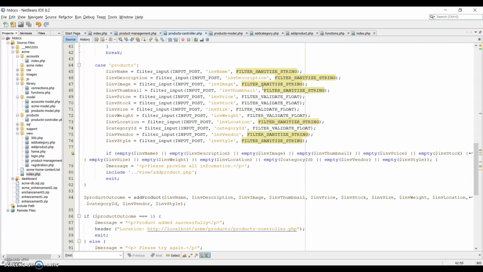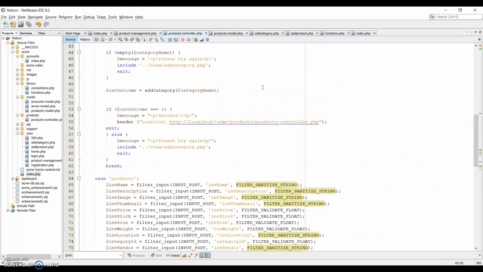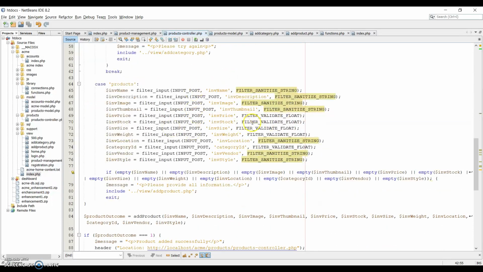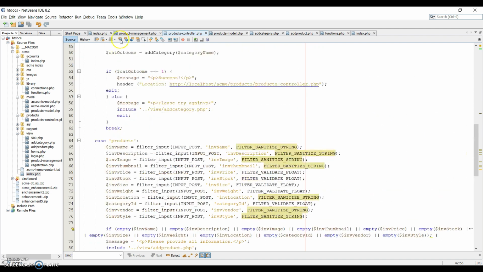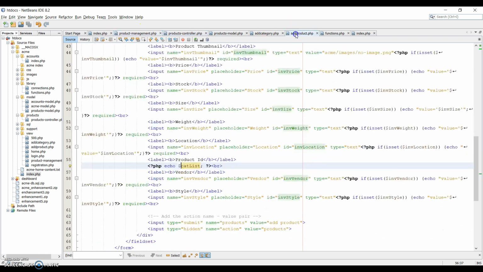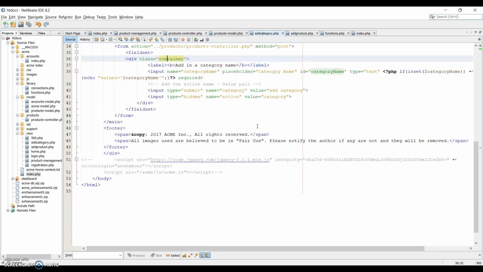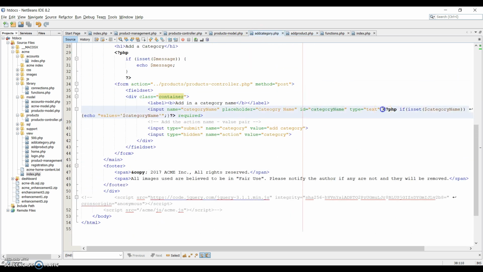That way, when someone enters in something, we can filter out the stuff that we really need. And so we did that with the category name for when we are creating a new category, and then also with the products, with all these filters for the different items here when creating a product. And then going through the products as well as the category, I added in this PHP statement, which basically